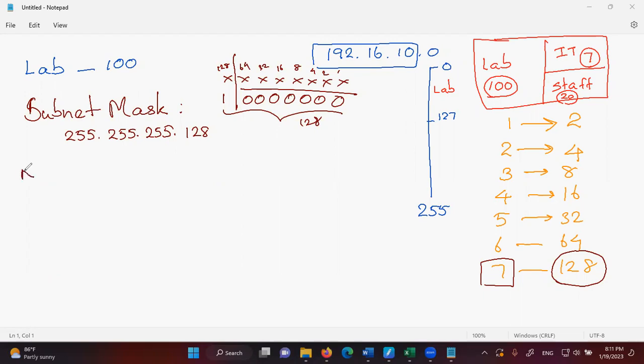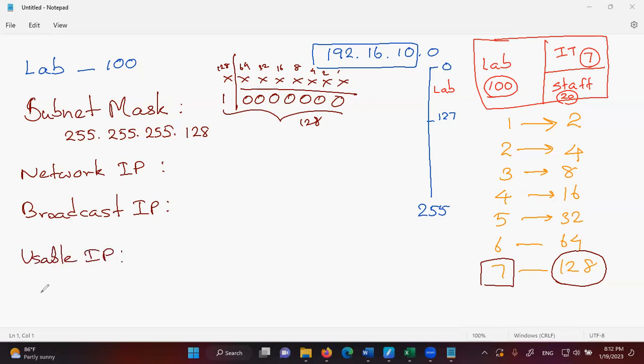There are several other things we need: the network IP, the broadcast IP, and the usable IPs. So children, network IP will be